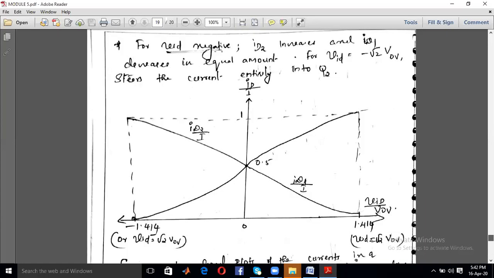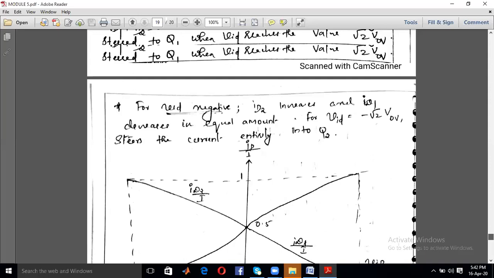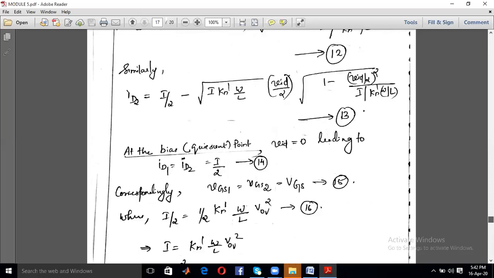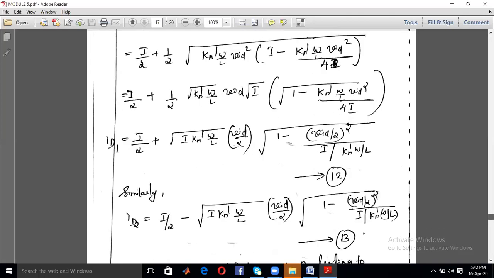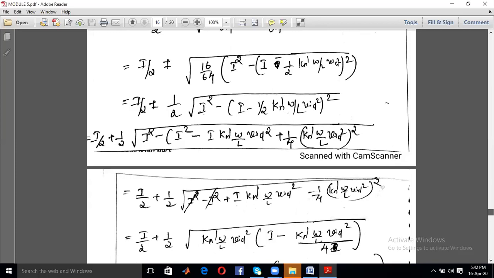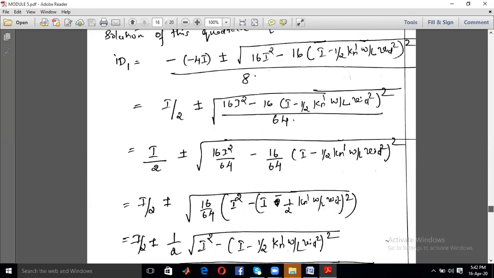Once you practice, it will take hardly 10 minutes to complete the derivation and to draw the transfer current. I have written the detailed steps, but you can neglect some of the in-between mathematical steps, provided you keep the marks in mind. If it is asked for 6 or 7 marks, it is okay to neglect the in-between steps, but if it is a pure 10 marks question, you have to show the entire steps for evaluating this ID1 and ID2.